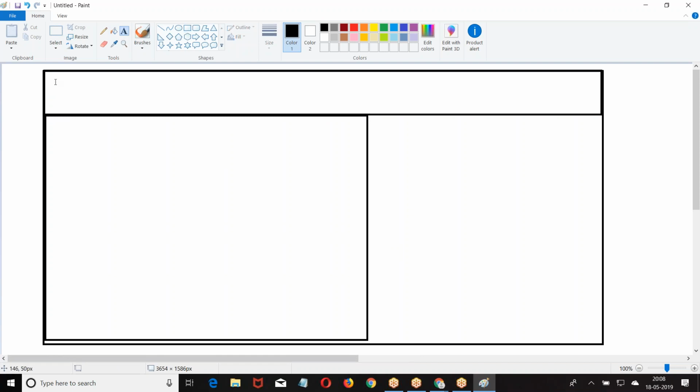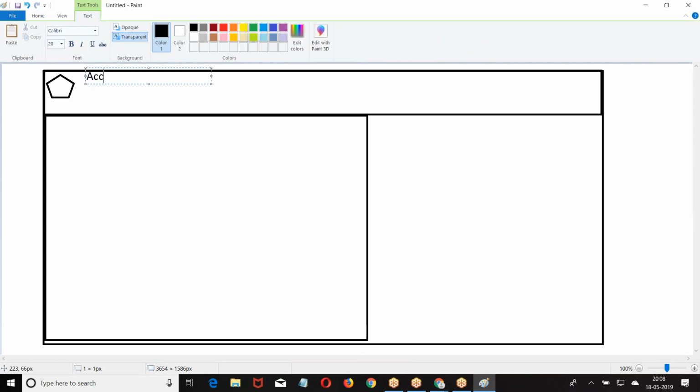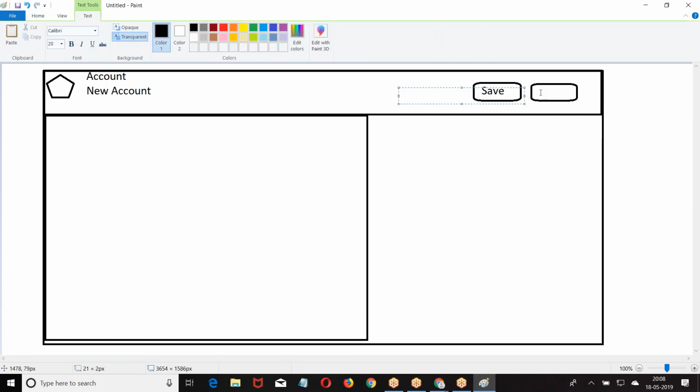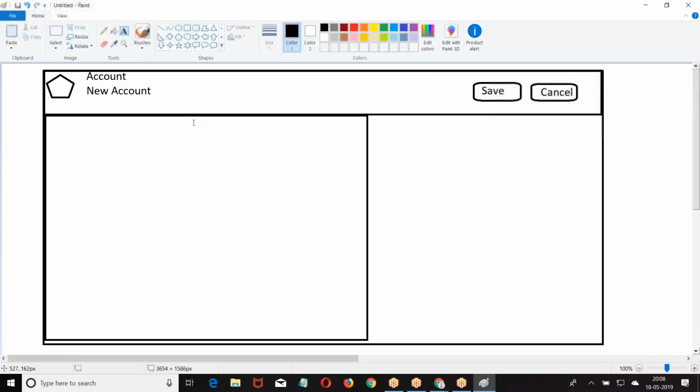In the lightning card, it should ask me for a new account. Cancel. Now within this body, I have to get